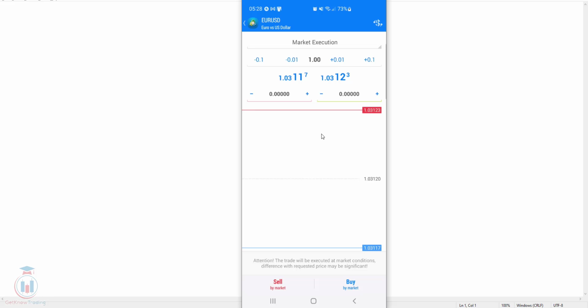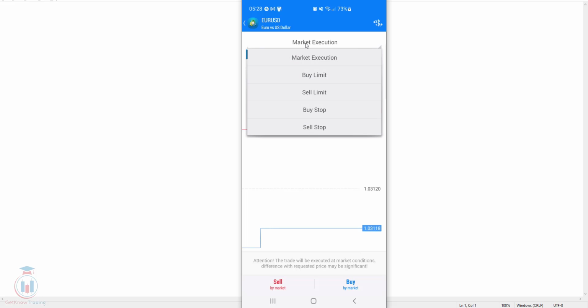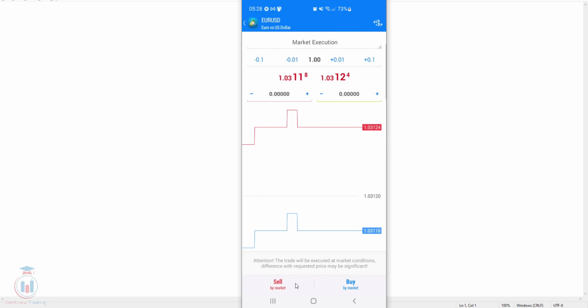Now you can define which market order you want. Market execution, which is in the first row, but you have a drop-down window with several options. With the market execution, you have buy limit, sell limit, buy stop and sell stop. These orders represents a type of order. First one is market execution. That means when you click buy or sell, you will open an order with the current price, which is 1.03124